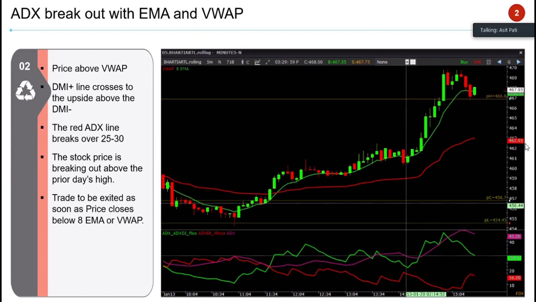We're talking about DI plus, DI minus, and ADX above 25. DI plus more than DI minus is positive; DI minus more than DI plus is negative. Technically, anything above 25 ADX is a good one. So what if we not only use the price pattern, but also bring the momentum angle to it? This ADX will give us the confirmation that there is momentum and we can go ahead and